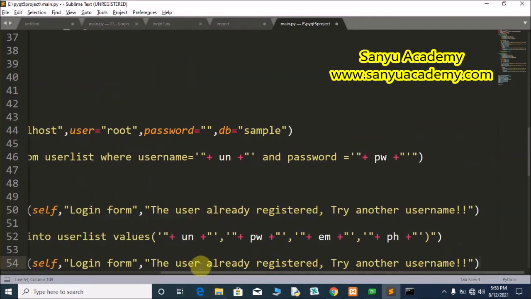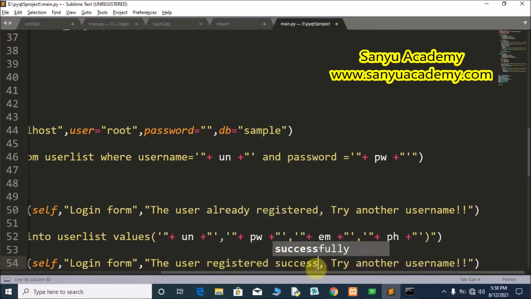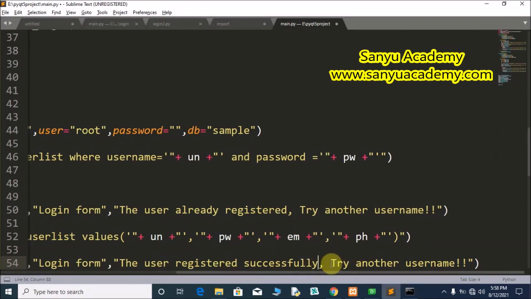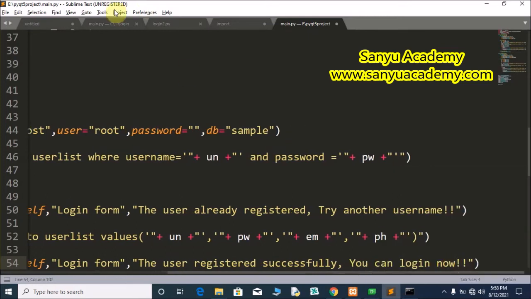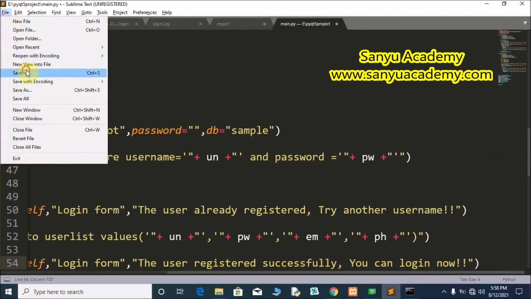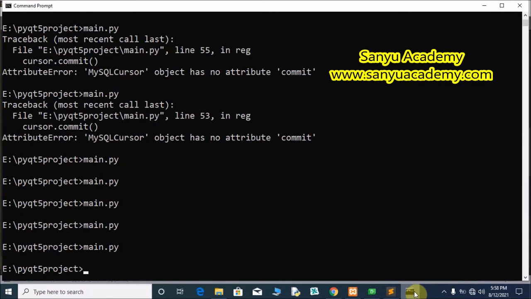The user registered successfully. Login now. Now save the form and run the project. Main.py, click.